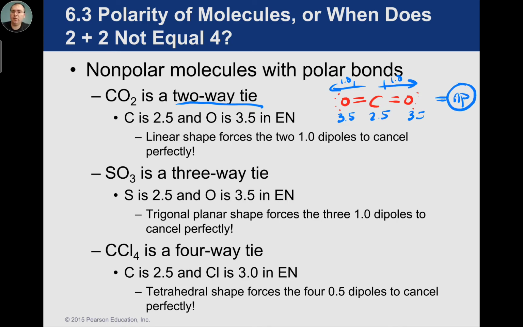And that's why CO2 is about 3 times heavier than water, but still a gas at room temperature. And that's because it has no attraction to other CO2 molecules, because it's not polar. SO3, very similar, but different because of its shape. It's not linear. In this case, it is trigonoplanar. It's going to have a double bond and 2 single bonds. It's going to have those 120-degree angles